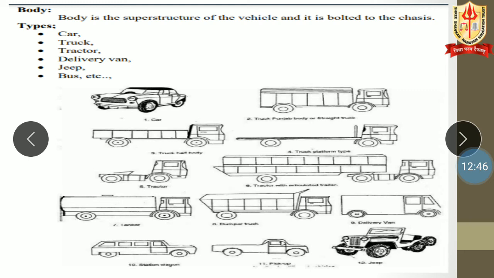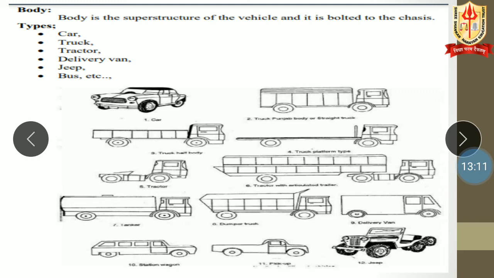We can easily see that the body of a car is different, the body of a truck is different, a tractor is different, delivery vans have a different body, a jeep has a different body, and buses have a different body. According to their application, the body is differentiated.